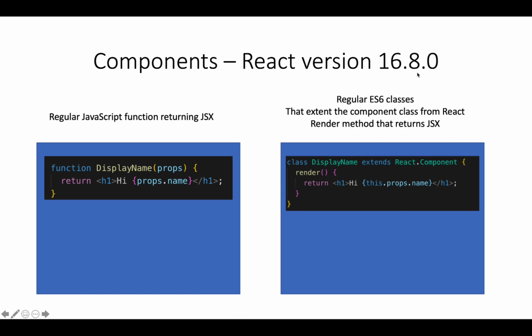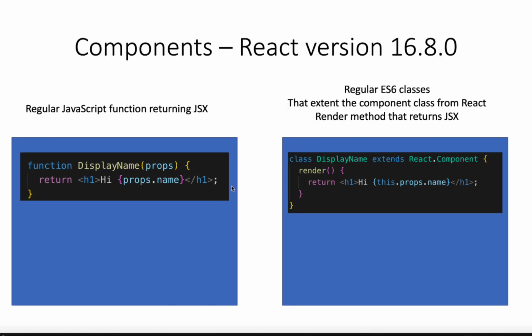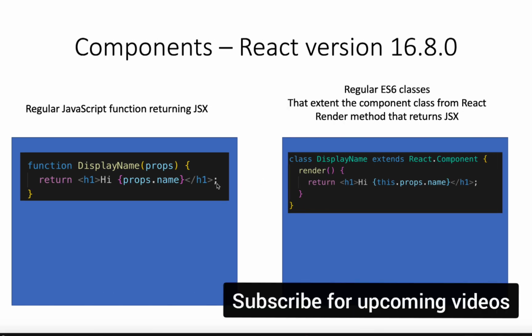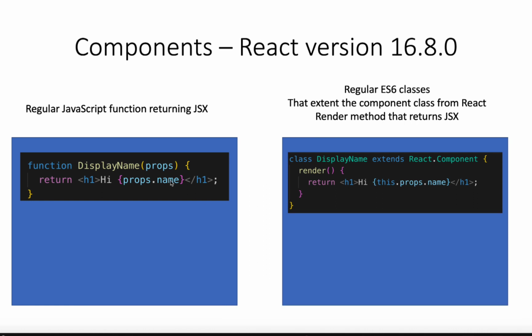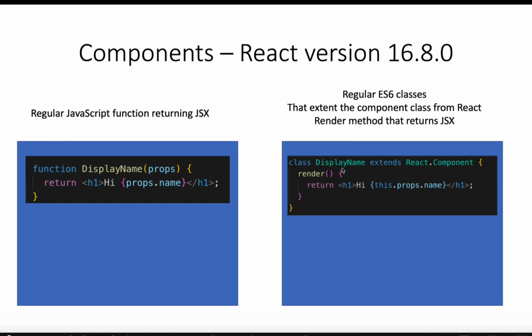Now coming to what we should use, a functional component or a class component? Well, before React version 16.8.0, we would have to use a class component if we want to store state, right? But it's not a compulsion after this particular version. So that means your entire application can literally just be full of functional components. You don't need class components at all. Now, why would we choose functional components over class components? The thing here is this. When your code is transpiled by Babel, you will see that there are a lot of differences in your functional component code and class component code. Class component code will actually resolve to very complex code. And also there are major performance boosts in case of functional components. That's why it's advised to use functional components.